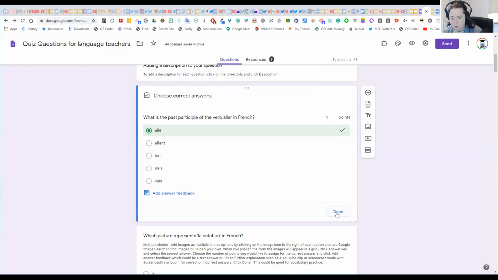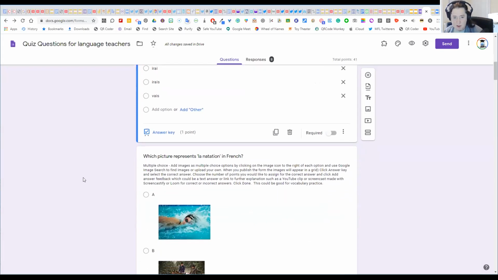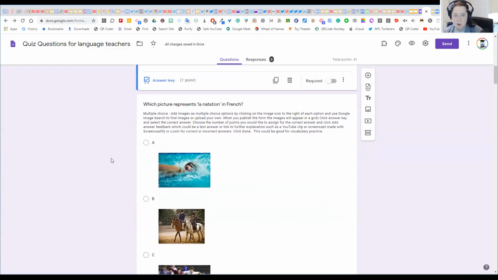So hopefully that's clear on the first question. We are going to go through this step by step in a moment as well, making our own one. So that's the first question as a multiple choice question. If we go further down, the next question is also multiple choice, but this time, as you can see, I've